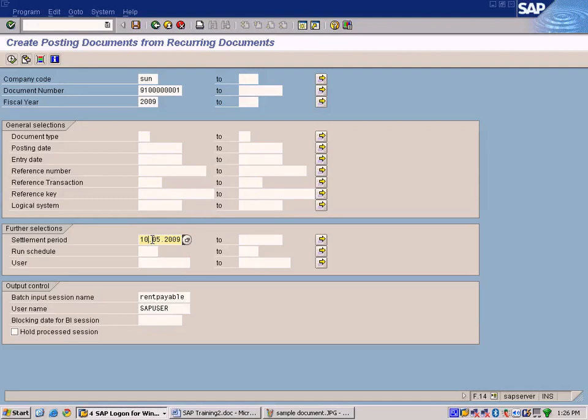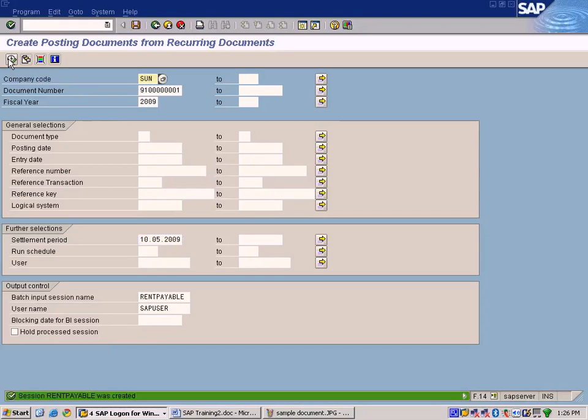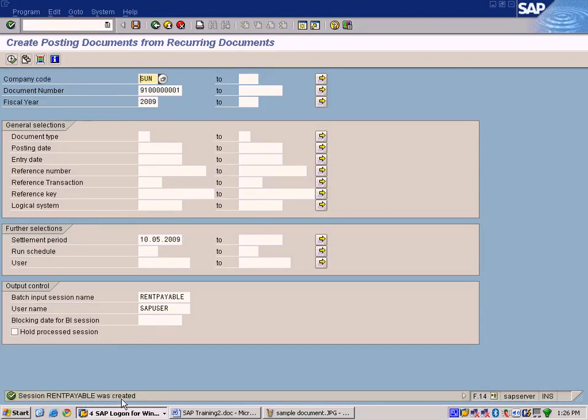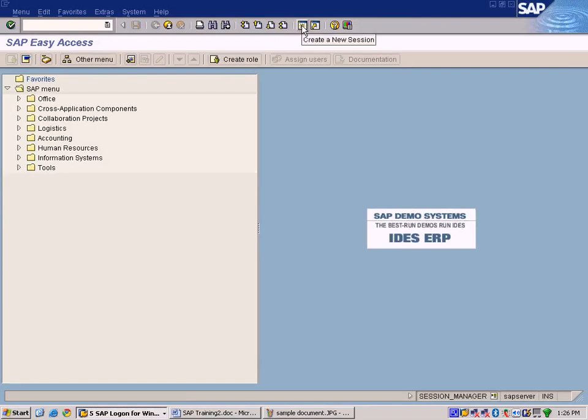These are the things you need to fill. Settlement period is a must. You need to enter the next settlement period that you're going to run. I mean the current posting that you need to generate, which is 10th of May. Now you execute this. Rent payable was created. So what is this session rent payable was created? You need to go to